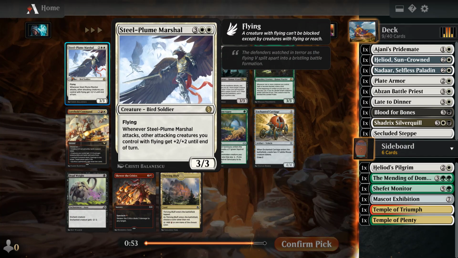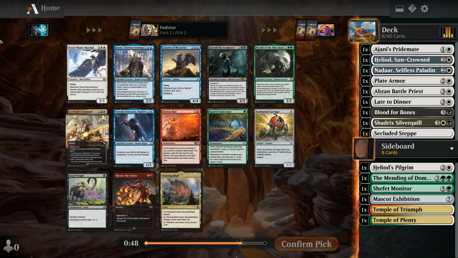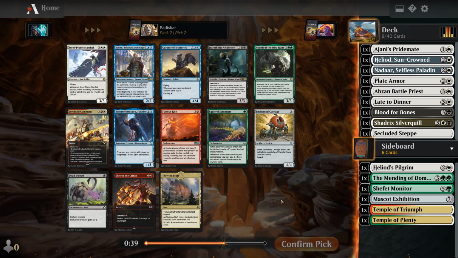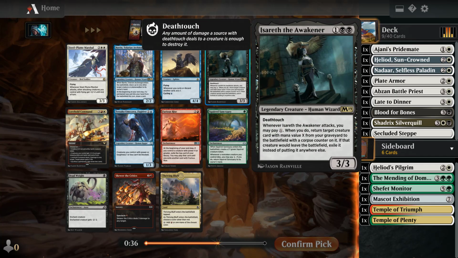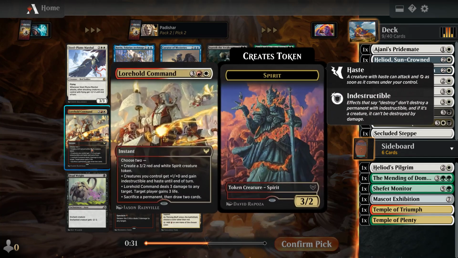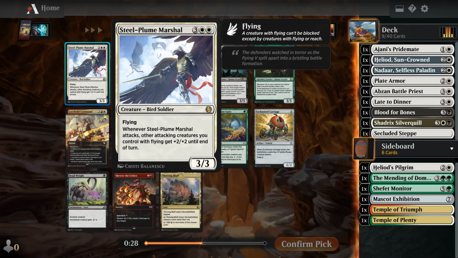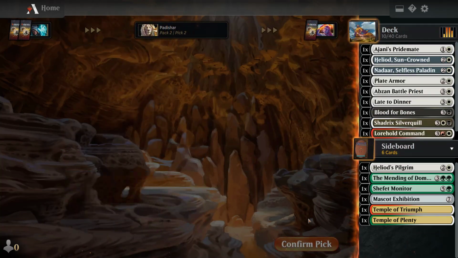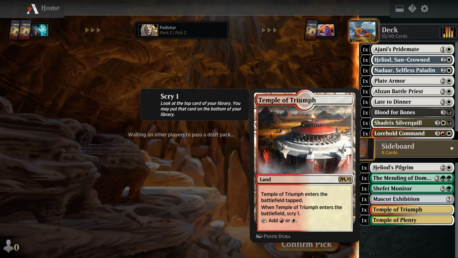Steel Plume Marshal. Okay, so this with flying. Okay, this is like for a flying deck of some kind. There is a Lohold command which is pretty good. I have the one land and I could get the Driving Bluff also back. Isareth. If I play black, that would be okay, but I might just ignore the black here. Lohold command, I like it a lot. This, not maybe for this deck. It's a 5 mana 3/3 flyer, not that good. Yeah, I'll take the Lohold command, and if I get some mana fixing,